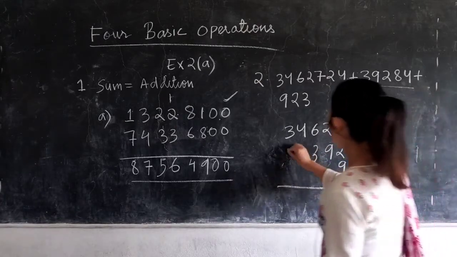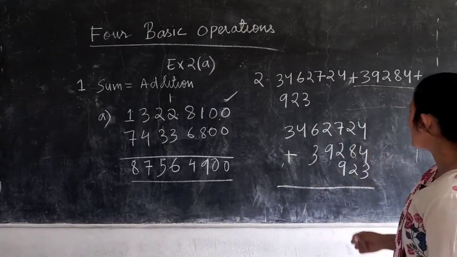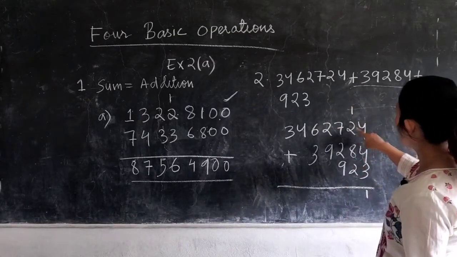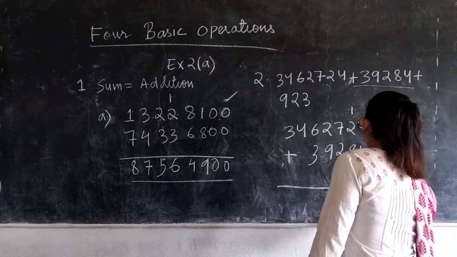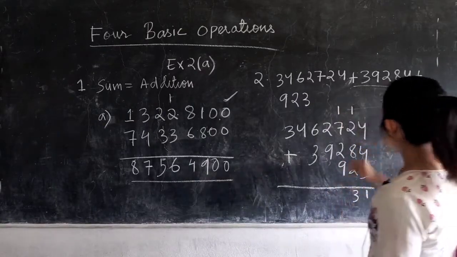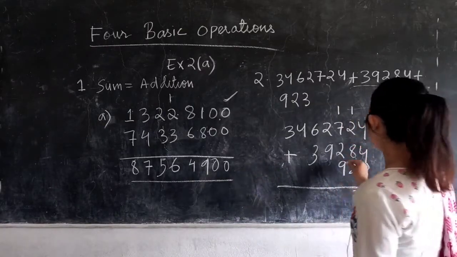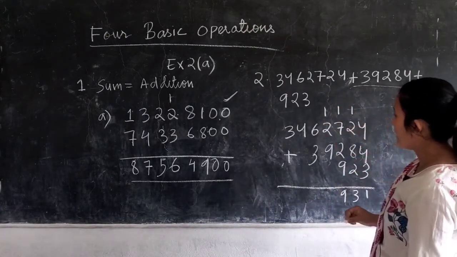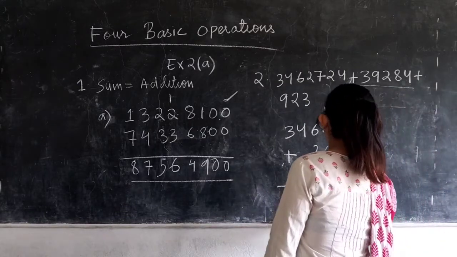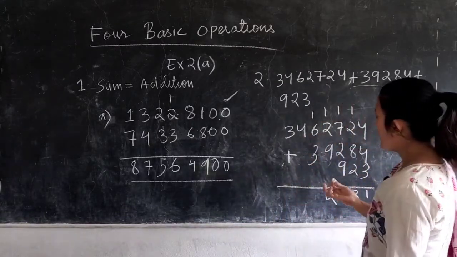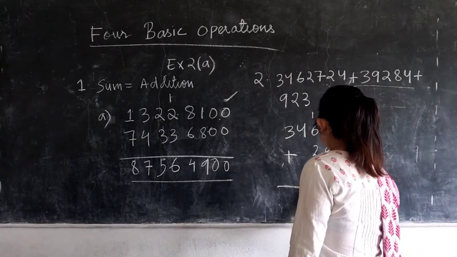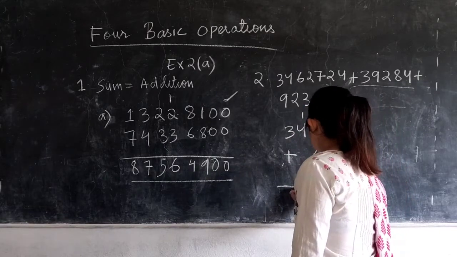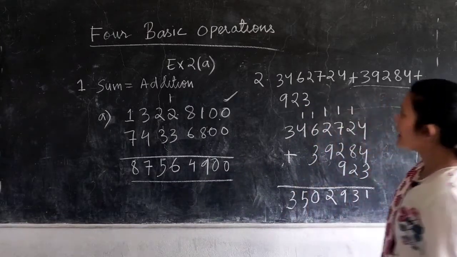Now add the numbers. So it will be 4 plus 4, 8, 9, 10, 11. So 1 will go here. 8, 9, 10, 11, 12 plus 1, 13. 13 here, 3 here, 1 here. 7 plus 1, 8, 9, 10. 10 plus 9 is 19, 9 here, 1 will pass this side. So 9 plus 1, 10, 11, 12. So 2, 1 here. 6 plus 1, 7, 8, 9, 10. 10. Then 1 here. 4 plus 1, 5. So this would be your answer.